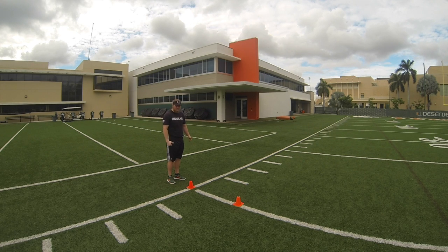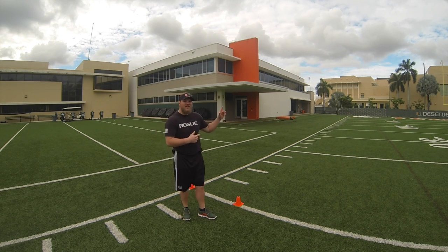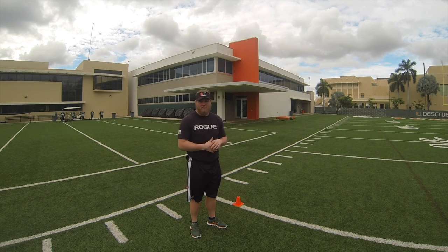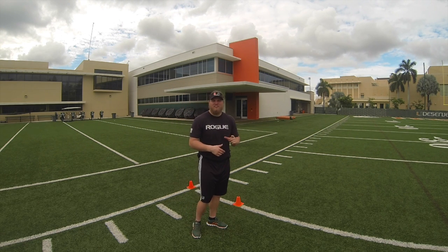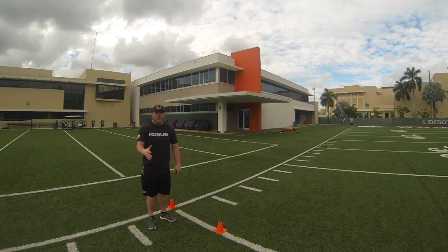The next thing you want to consider is that when you're timing, make sure your athlete has a 2-second pause at the start. If the athlete does not pause for 2 seconds, the test is invalid and must be performed over again. The next thing you want to do is remind your athlete to finish 5 yards to the line. This is going to ensure that you give him the best chance to succeed. Going over the